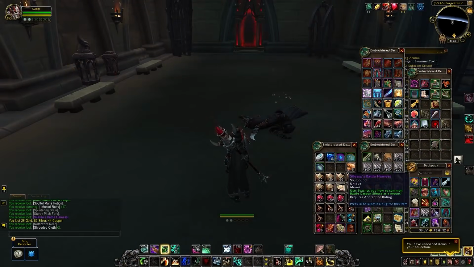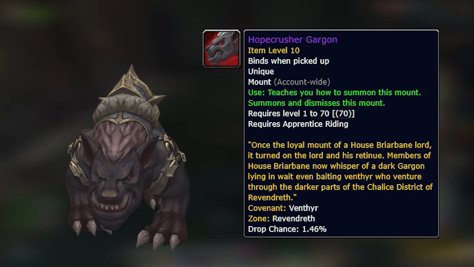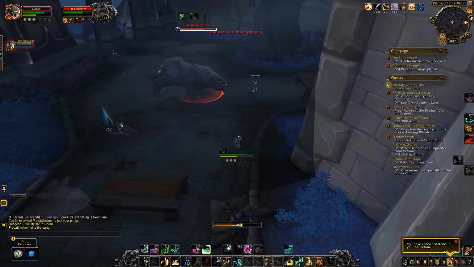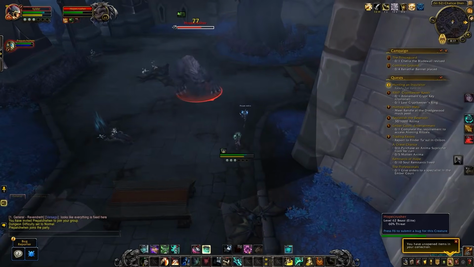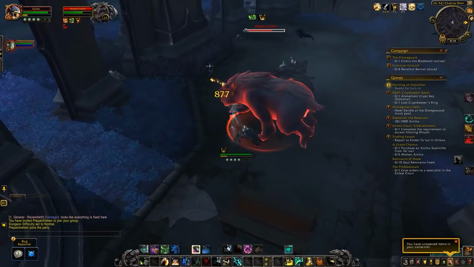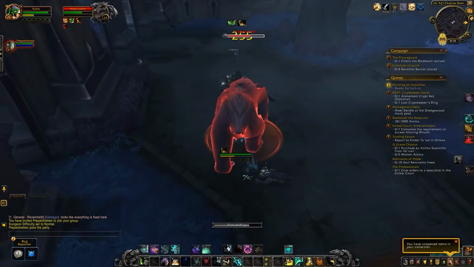The next mount to talk about will be from Hopecrusher, and that is going to be the Hopecrusher Gargon. Now this rare can only drop this mount if you're Venthyr, so if you don't have Venthyr currently, there's no point in killing this rare because it will have a 0% chance of dropping the mount. If you have Venthyr though, it's going to be around a 1.5 to 2% drop chance,